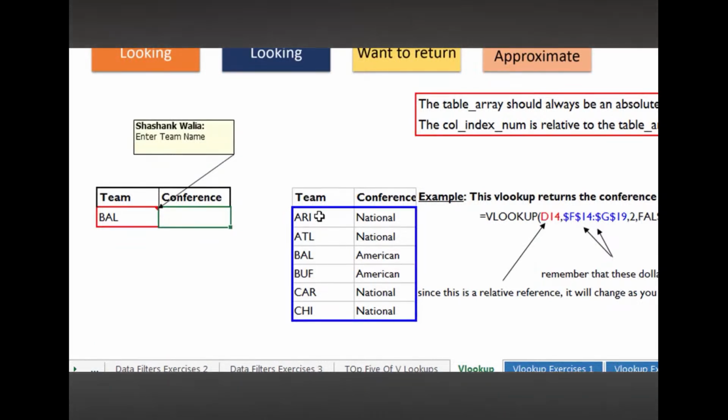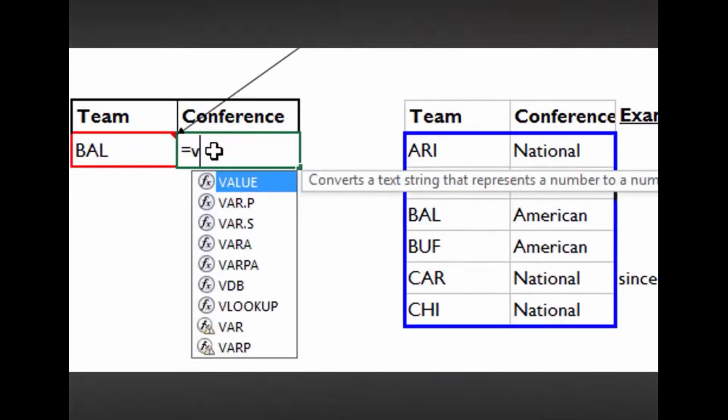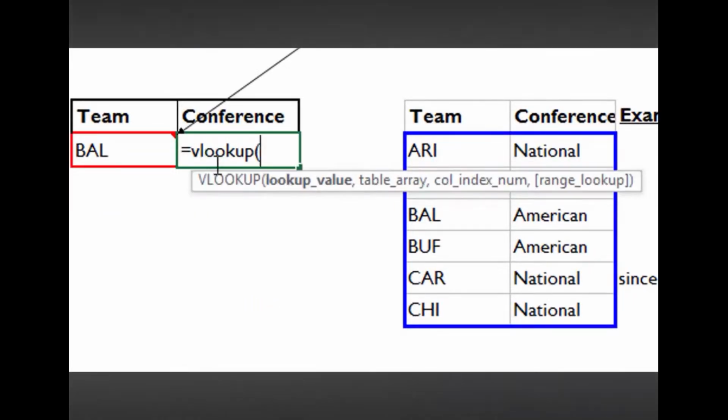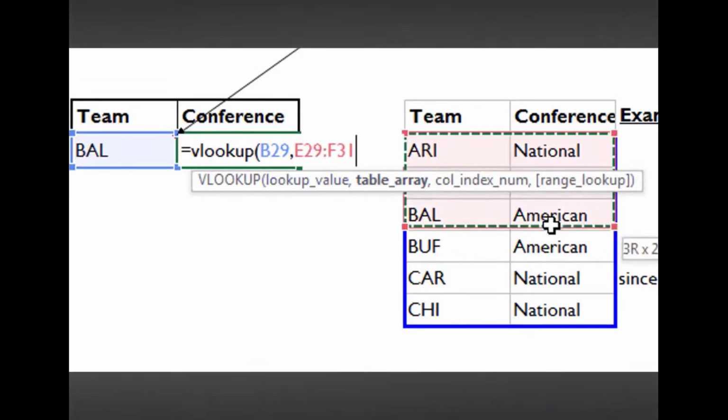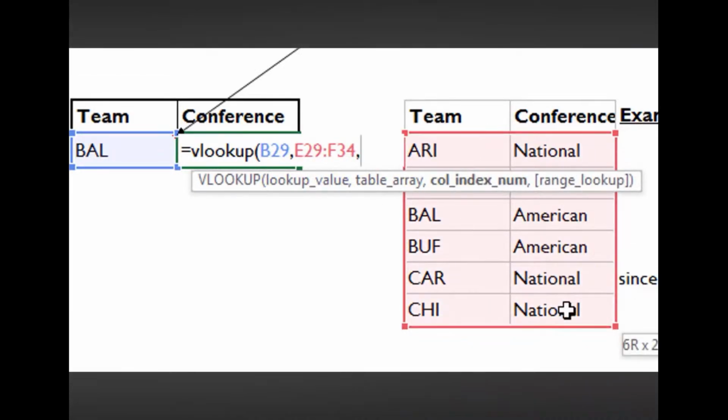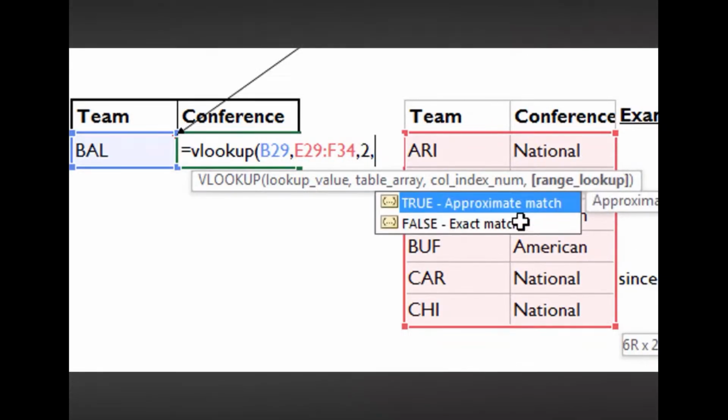As you can see, in one column we have teams and in another column we have their conference. So I want to match this team to its conference by applying the VLOOKUP function. So here we are applying the formula: equal to VLOOKUP, open parentheses. I want to find this value, so I press here, comma, and I am looking for this value in this table array. So I will select the whole table, comma, and I want to match my team with this column, that is the conference column. So that is the column number 2, comma,